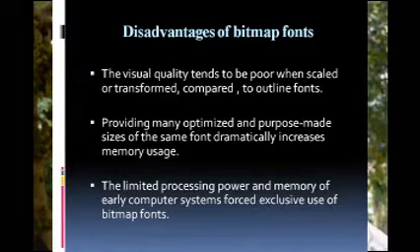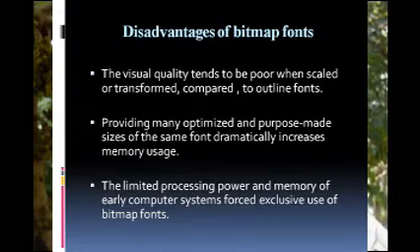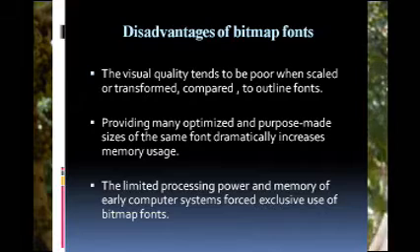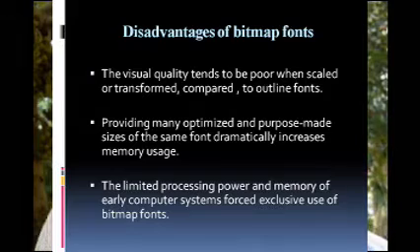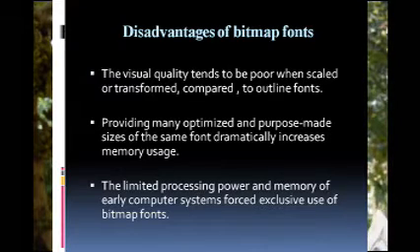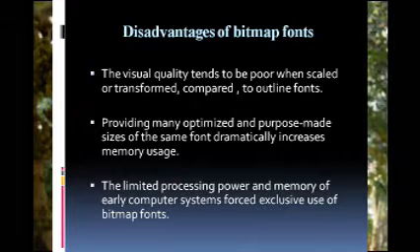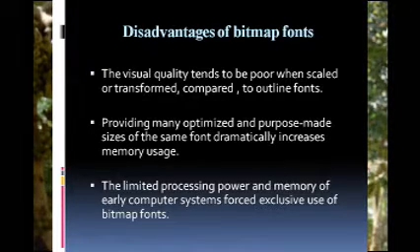The earliest bitmap fonts were only available in certain optimized sizes such as 8, 9, 10, 12, 14, 18, 24, 36, 48, 72 and 96 points, with custom fonts often available in only one specific size, such as a headline font at only 72 points. That is the next disadvantage. In the case of a headline font, it will get a maximum of 72 points. That is the third disadvantage of bitmap fonts.